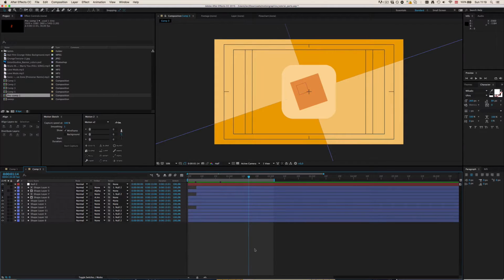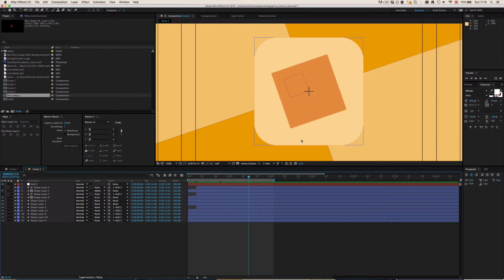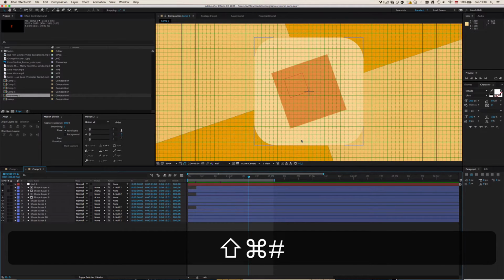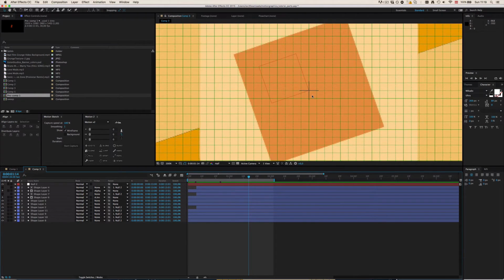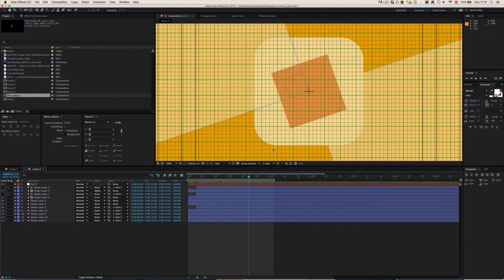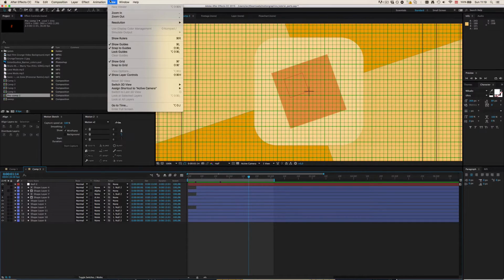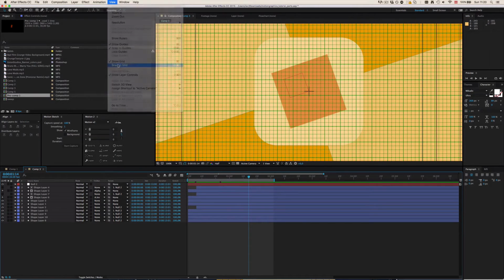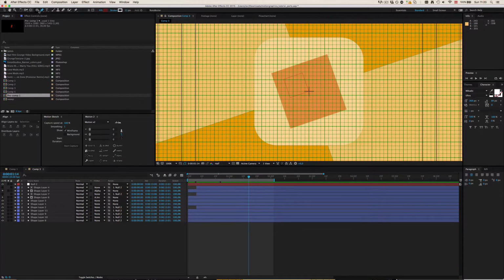In order to start with this, I would recommend pressing Control-Shift and the hashtag or apostrophe key. I don't really know how it is on Windows keyboards. Anyways, now we've got this grid, and what we want to do now is go to View and select Snap to Grid. So now we're going to select this tool right here, or just press G for the pen tool,